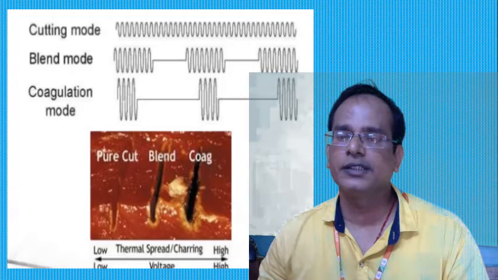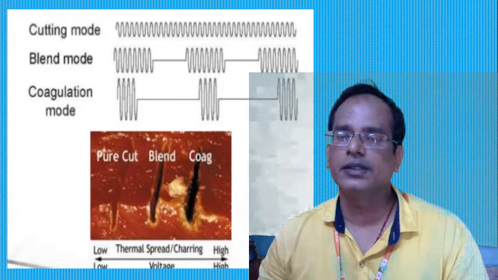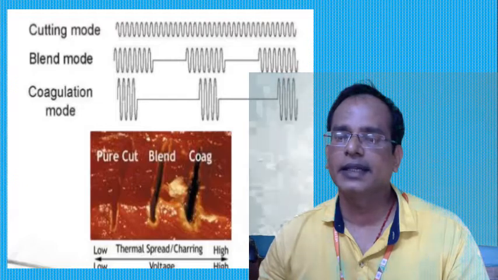This waveform produces heat very rapidly, as you can see in the waveform. And coagulation depends upon the duty cycle, where the on time is reduced. So these interrupted waveforms produce less heat, and instead of tissue vaporization, coagulation is produced. Another mode is called blend. Blend means it produces a cutting effect with hemostasis. It is not a mixture of both cutting and coagulation, but rather a modification of the duty cycle. A lower duty cycle produces less heat.